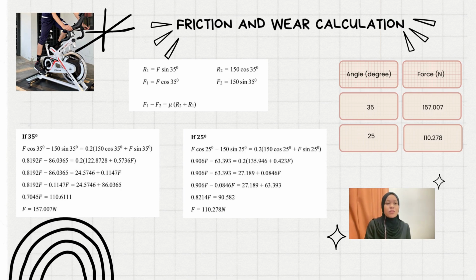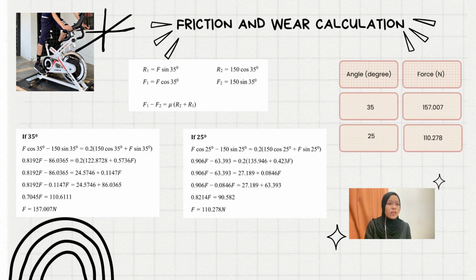Therefore, the first step is to determine how much effort is required for a human to maintain pedal equilibrium at 35 and 25 degrees. So, R1 is F sin 35, R2 is 150 cos 35, F1 is F cos 35, and F2 is 150 sin 35. After we convert the data into the formula given, the minimum force needed by the person to stay at the pedals on the plane at 35 degrees is